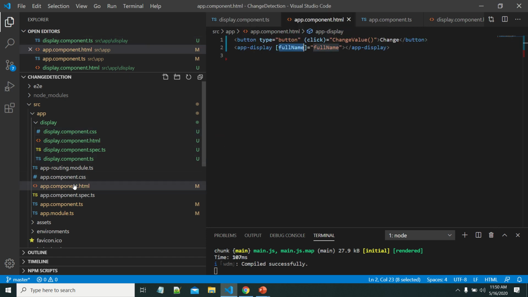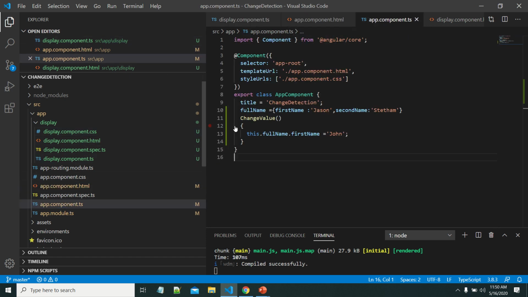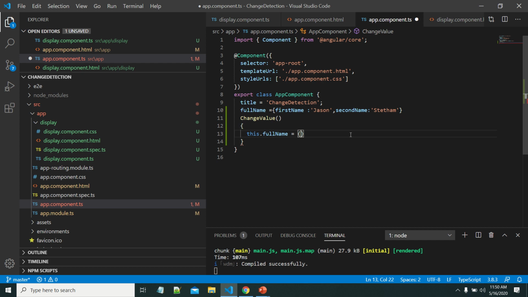Suppose the app component changes the reference of this fullName, then that will be updated. Let me change that also.